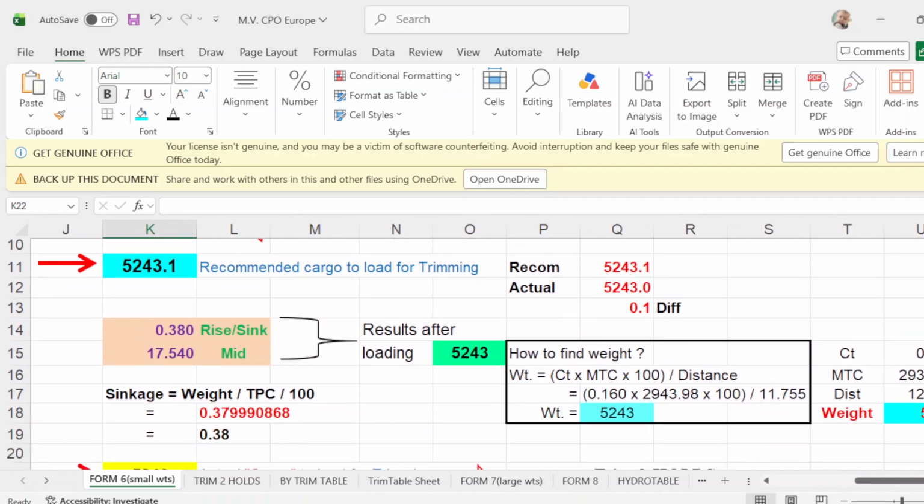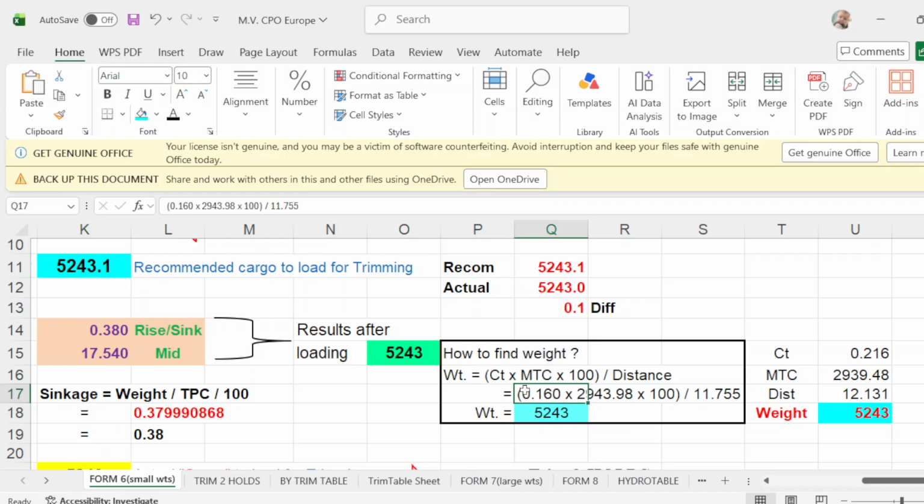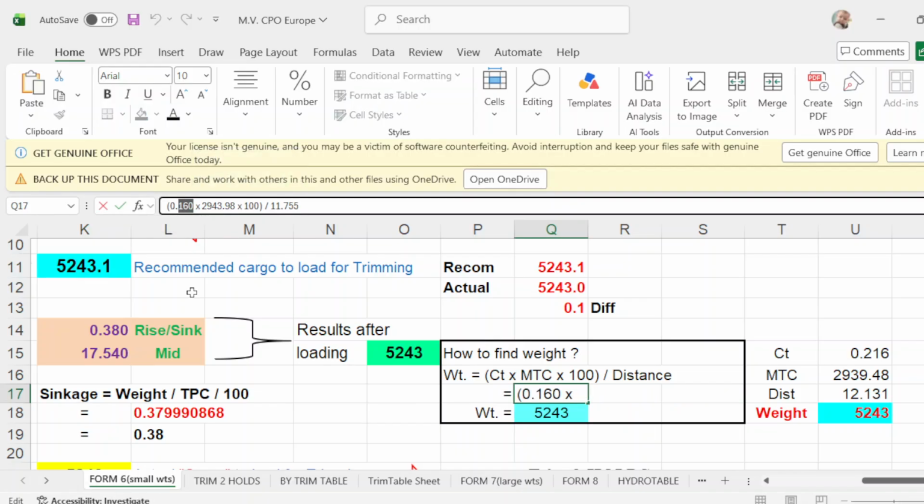Take note that the cargo has changed, so this one you can change to 2939, 39.48, and 12.131.